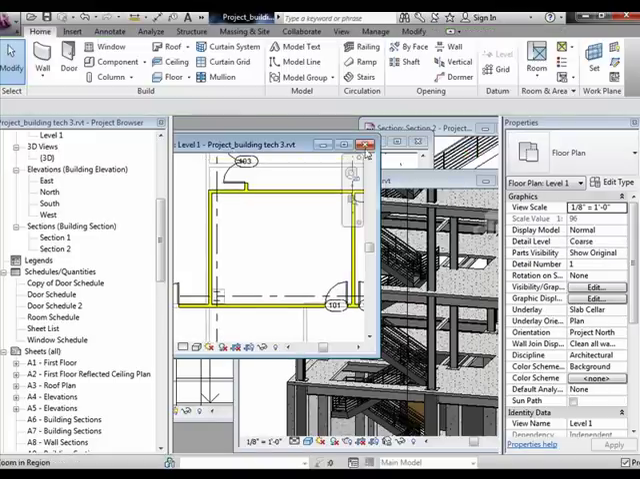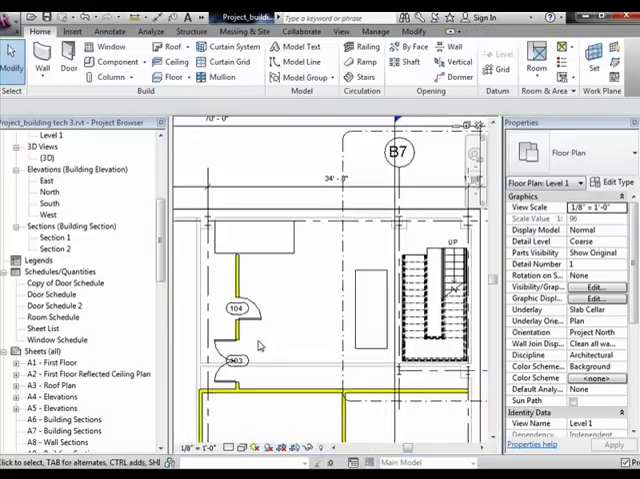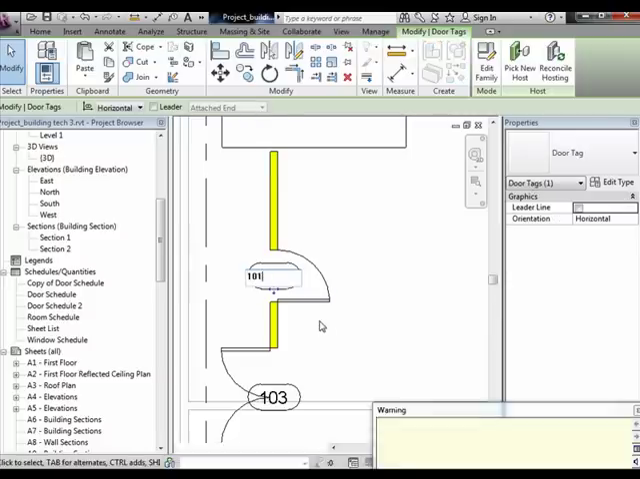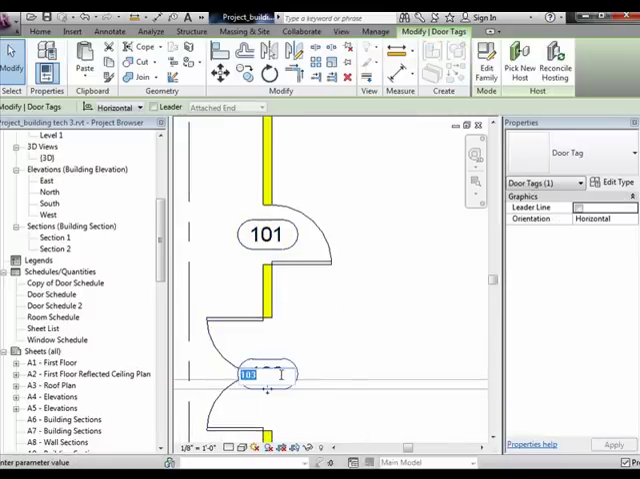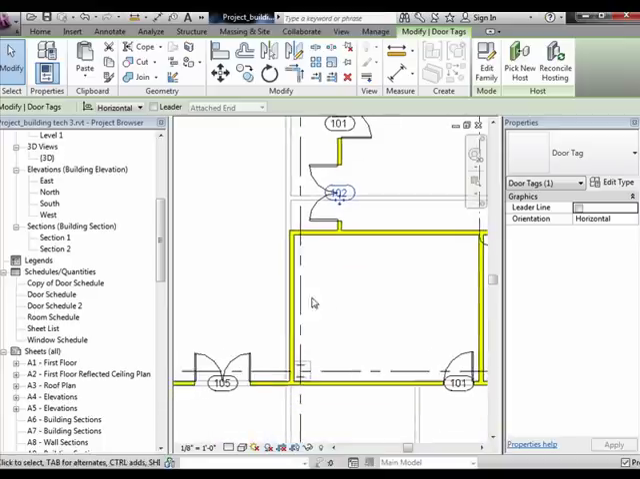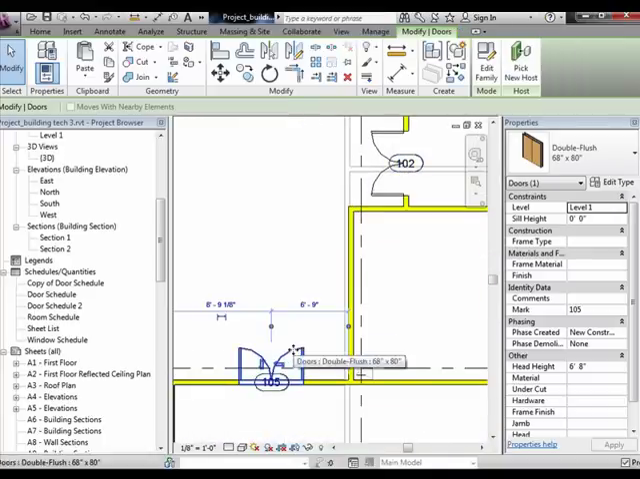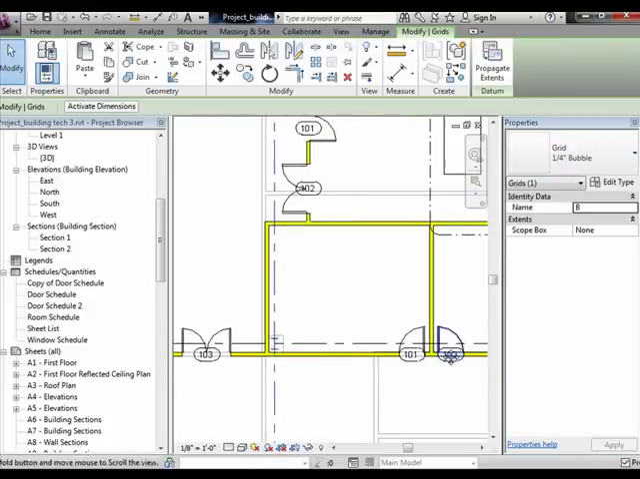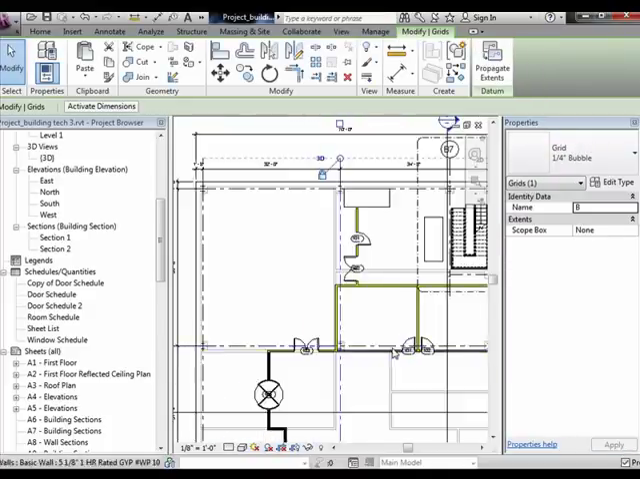The other way is literally just going to each floor and saying, you know what, this is the wrong number. Double click. 101. 102. The other way is to select the door and make sure your mark here is the correct number, 103, etc. Okay? For your curtain